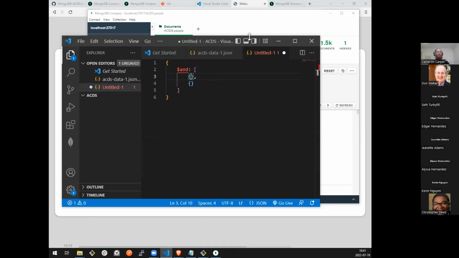Sometimes, especially if I'm writing something really complicated, I may start with a little bit of pseudocode and say age greater than 30, age less than 30. Clearly, this is not valid Mongo syntax, not even remotely close. But if I'm writing complicated stuff... See, I've already screwed up. I said age greater than 30 and less than 30 when I really meant age less than 40. I typically like to pseudocode my complex queries first, and then I go through and start filling out the guts of it. It keeps me from messing up my braces or getting overly confused and mixing things together.